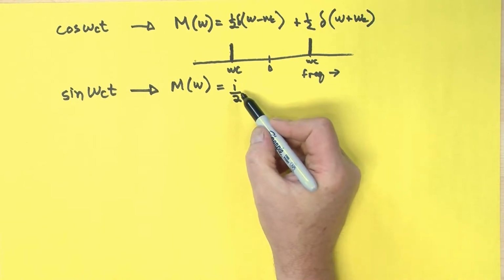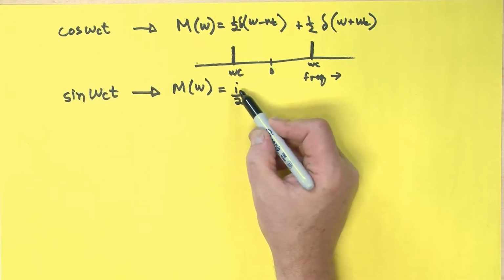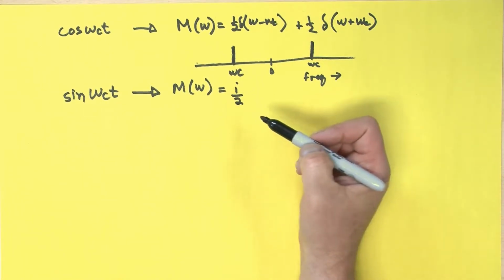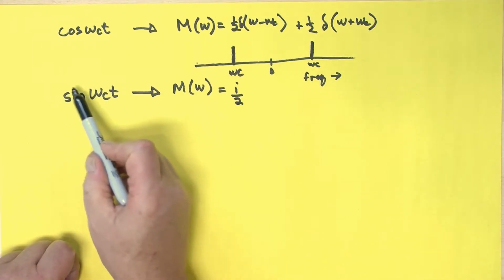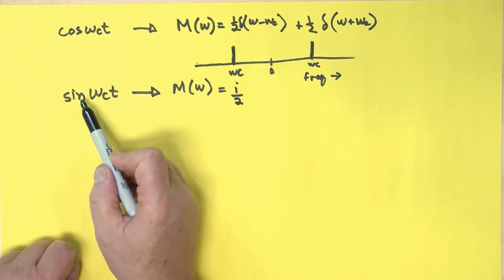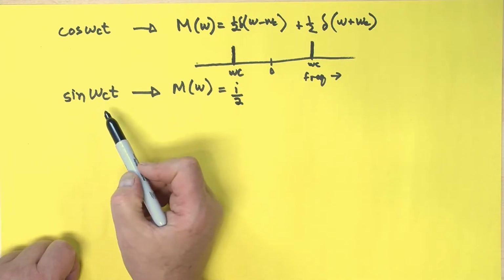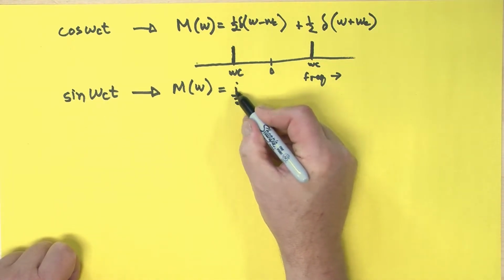And that's because, if you recall, in our Fourier transform equation, we said that the sine part of it would end up on the imaginary part of the number output. So that's where the i comes from,